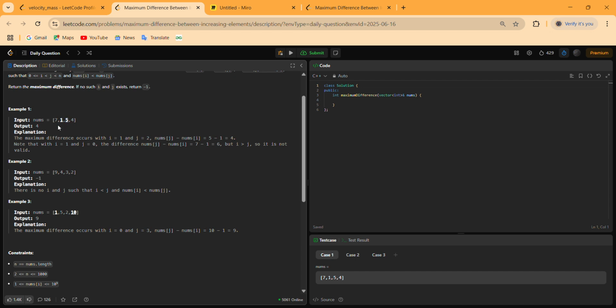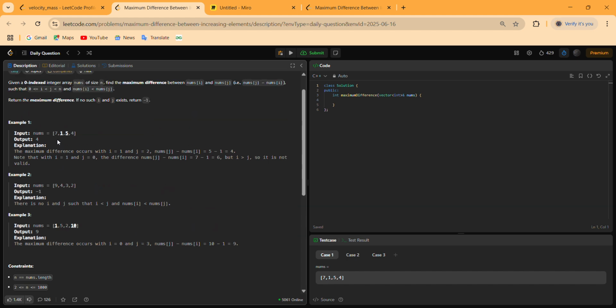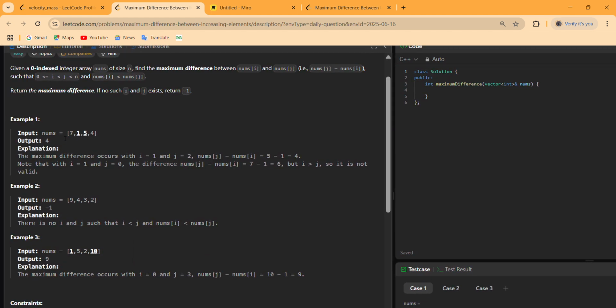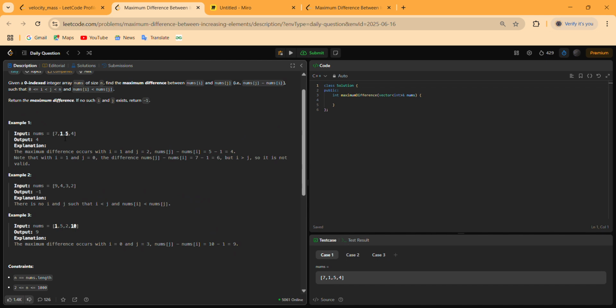So to solve this problem we can use two nested loops. One starts from i equals 0 and goes till i is less than n, and the other starts from j equals i plus 1 and again goes till the last element.